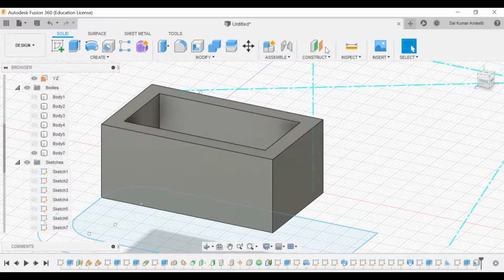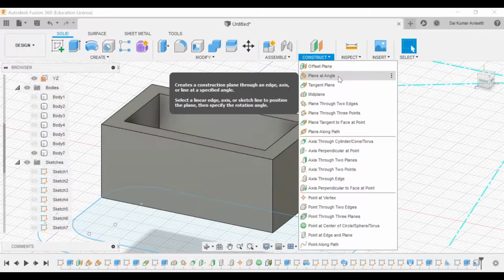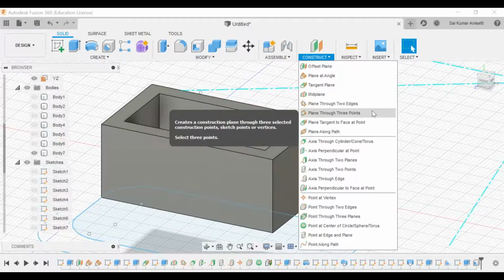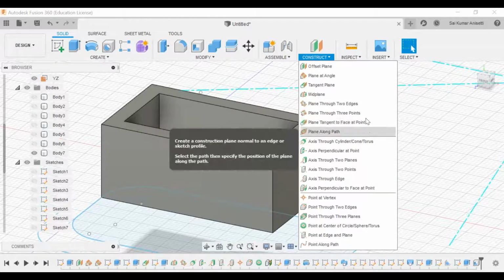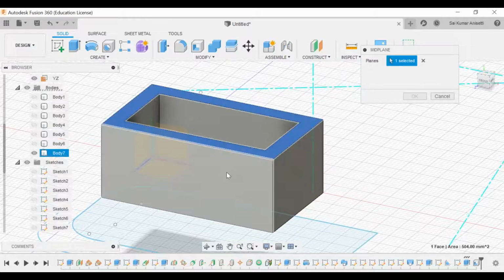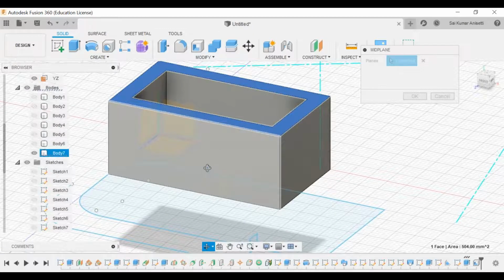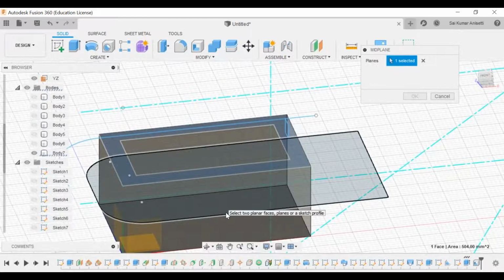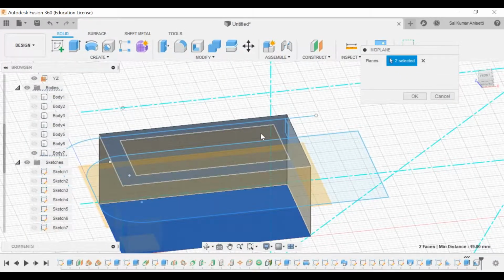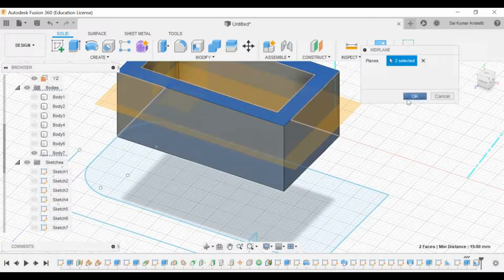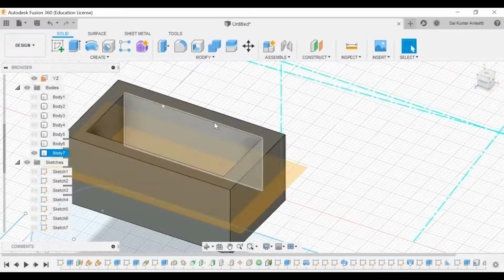I'll go to construction, I'll take a mid plane between, I'll select the first, and I'll go with this bottom. Okay, click OK. So I have selected this mid plane.